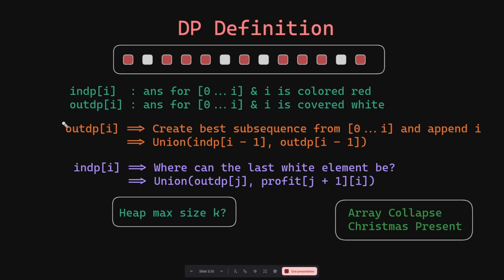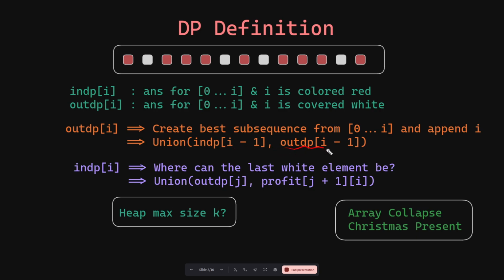Now, how do we perform the transitions? First, let us talk about out dp of i. So this means that this element will necessarily be colored white in all of those configurations. But we do not care about the color of the (i-1)th element. So since we already have the configurations where the (i-1)th element is red or white, we can simply go to all of those configurations and append a white element at the end without adding any more profit. So that is why it would simply be the union of